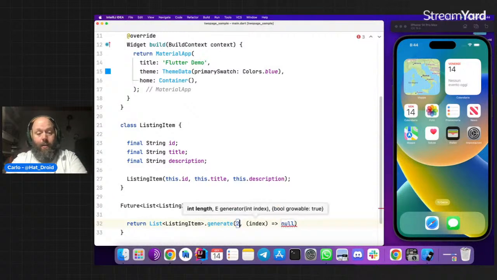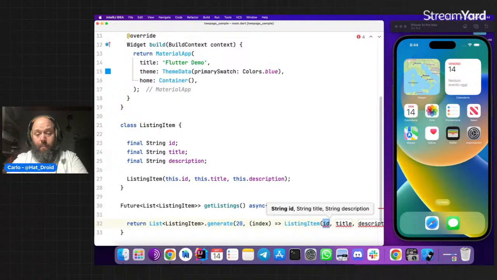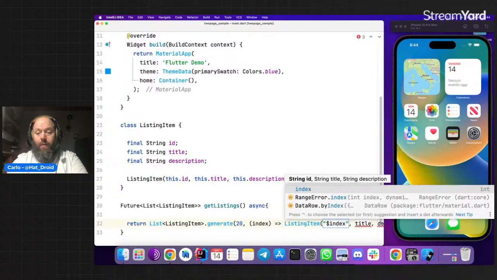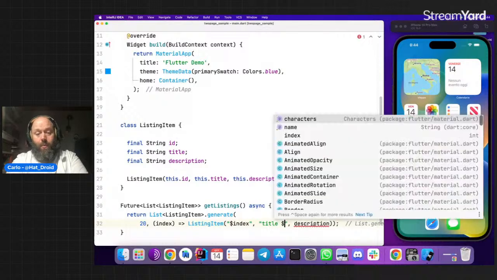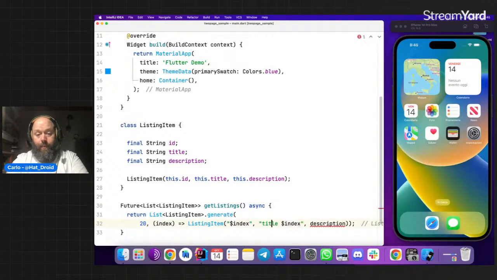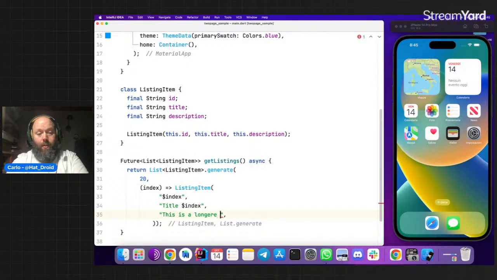Let's say 20 items. As ID, I will put simply the index to string. Okay. Sorry. Let's try to have it some more readable. As a title, let's just put title with the index again. And as a description, let's put it easier. This is a longer description